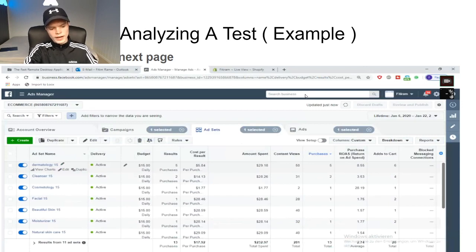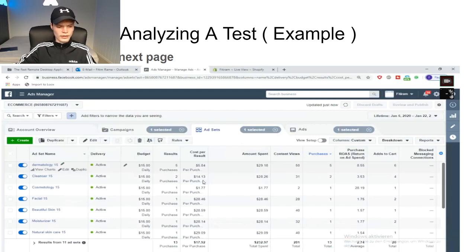This one now has 5 sales. So what he's going to do now, he probably should have done it already though, because when it crosses 3 sales, you duplicate it. You see this one down here on my mouse, it's 5 sales, running at $10 a day. When he gets to 3 sales, but let's just say now he's on 5 sales, what we're going to do with this ad set is duplicate Dermatology 10, and put in a new budget. It's going to be $25 a day because it has more than 3 sales.